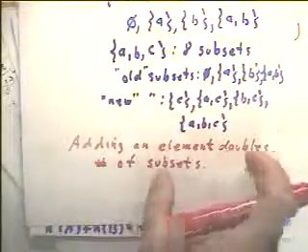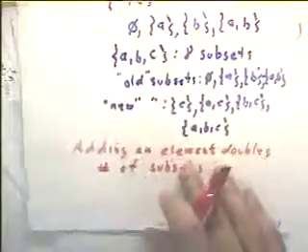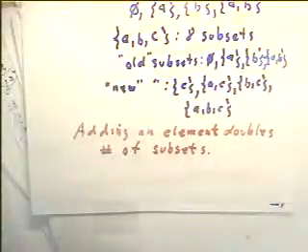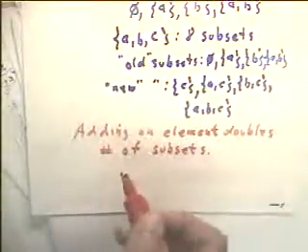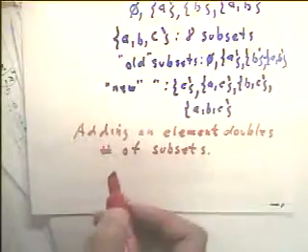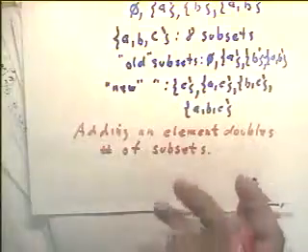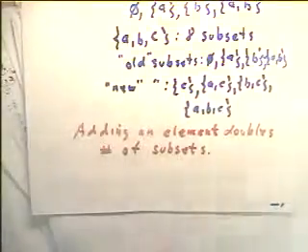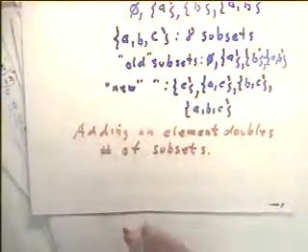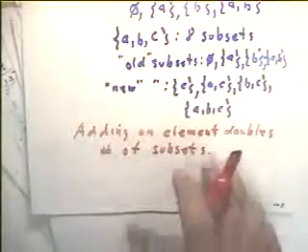Now we'd have to state that a little more carefully to have a statement that would really stand up, but that's the idea. So it follows from this idea and from the fact that a 1-element set has 2 subsets, by what we call mathematical induction,